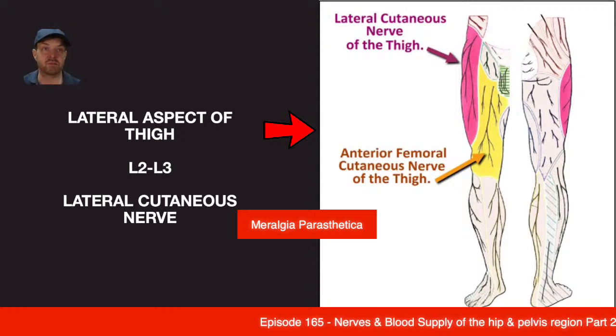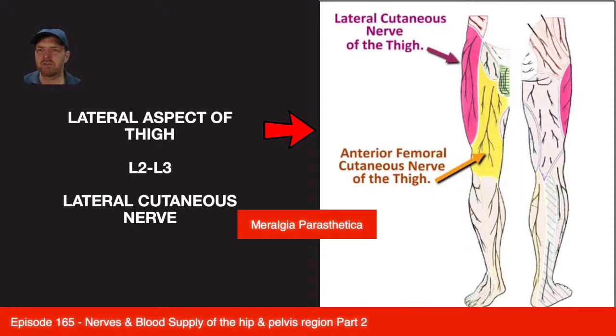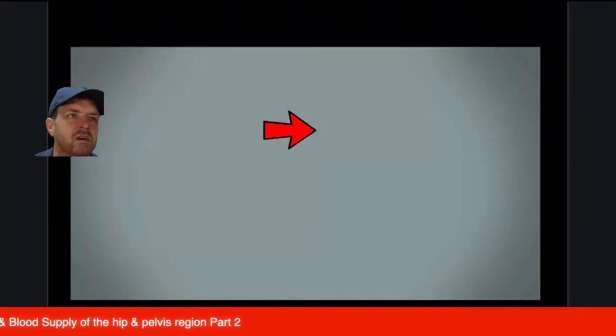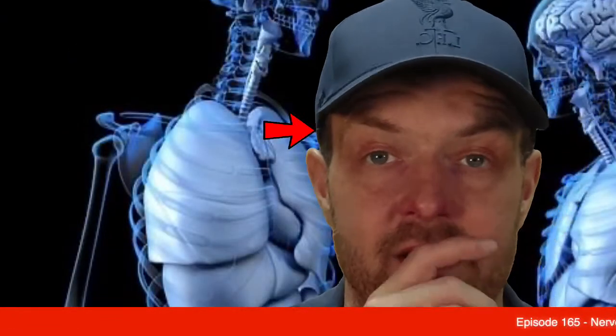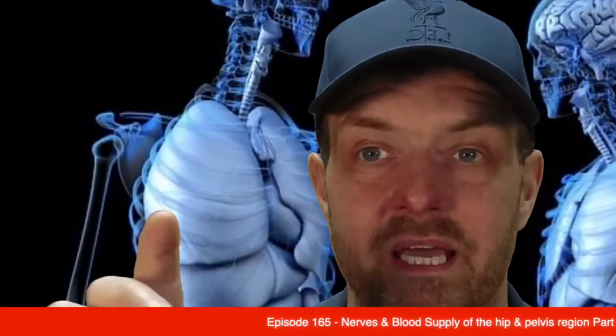And basically, it's compression of that particular nerve. I don't think we've got... Let me just have a look. No, there's no. See, the thing is, it's really difficult on dissection to see these nerves because they're so small